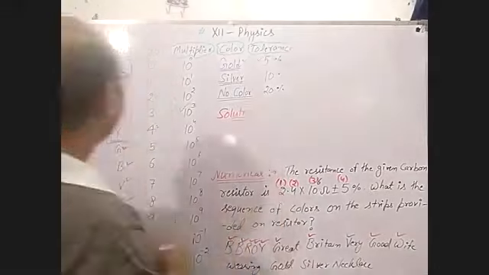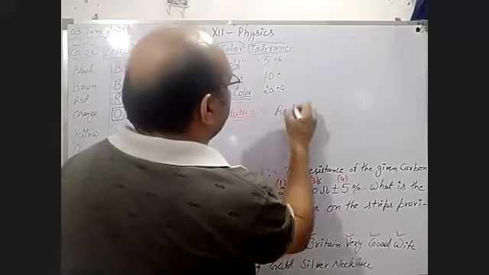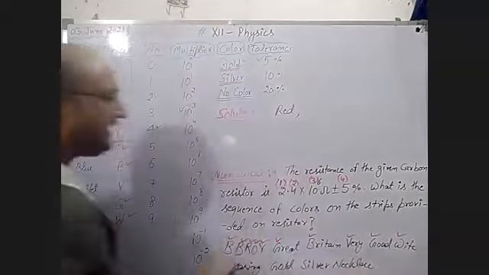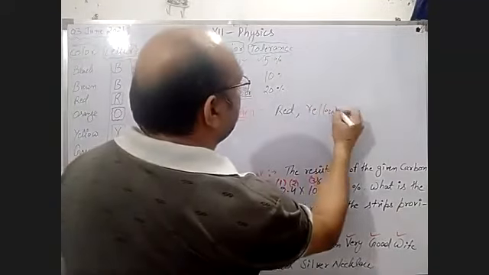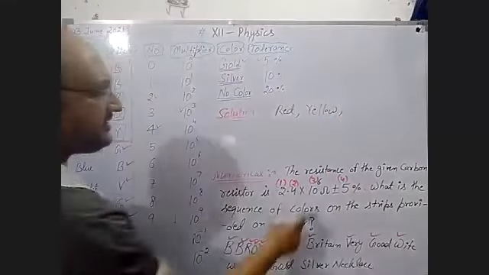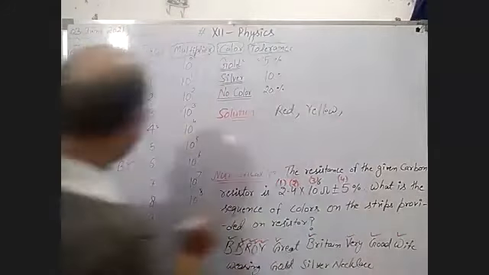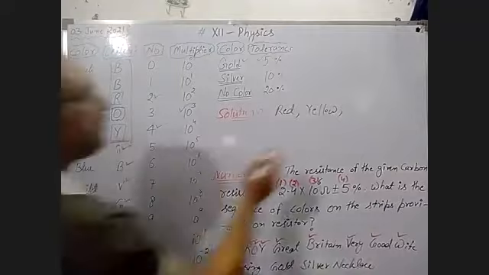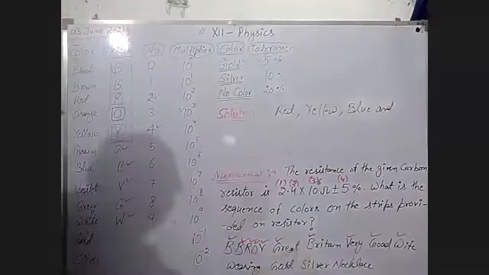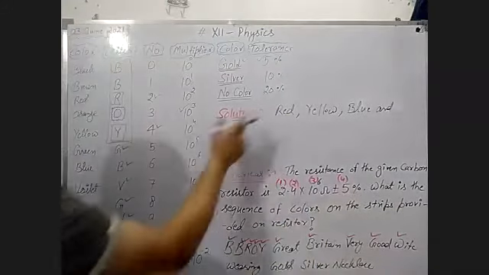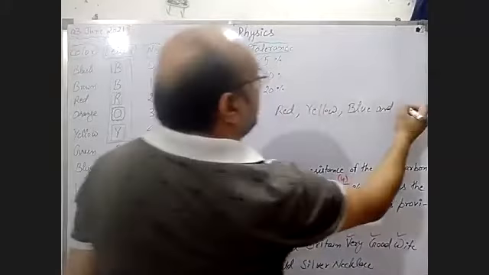First, 2. 2 is for what? Red. So, in sequence, the first color is red. Now, the second is 4 for yellow. And the third color is 10 raised to the power 6, and 6 shows blue. Yes, you can see 6 is blue. And the fourth one is 5%, and 5% gives you the tolerance. And tolerance you can take from there, 5% is gold.